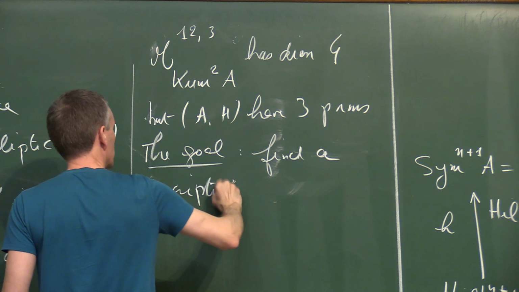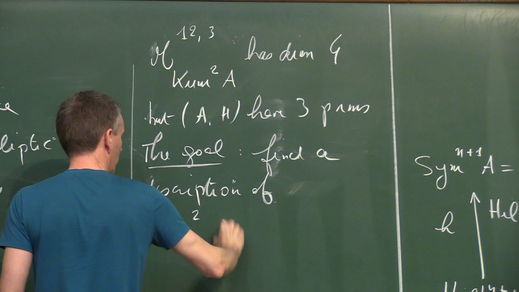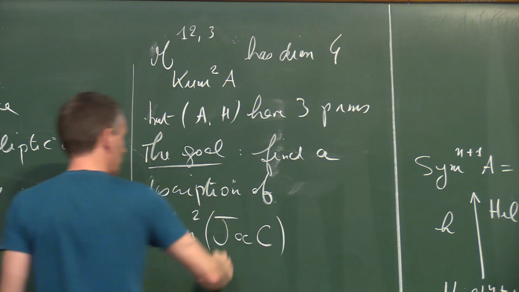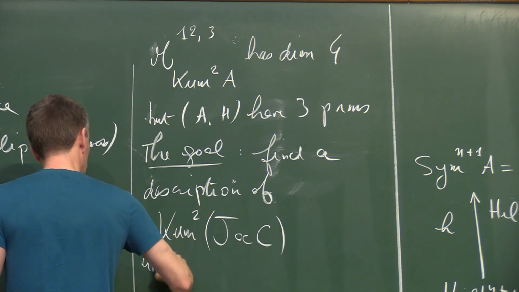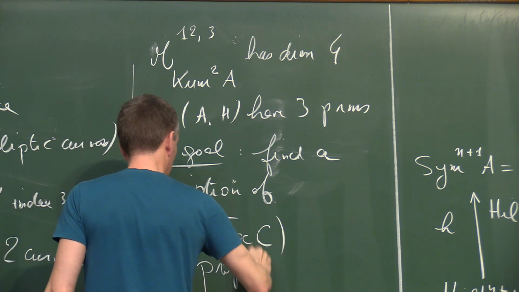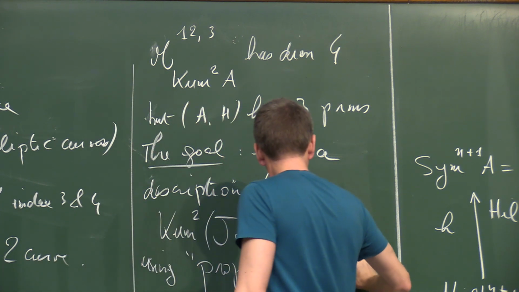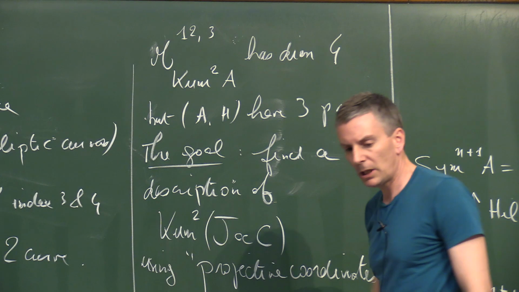To find a description of the Kummer fourfold of the Jacobian of a genus 2 curve using projective coordinates. And what I mean with that